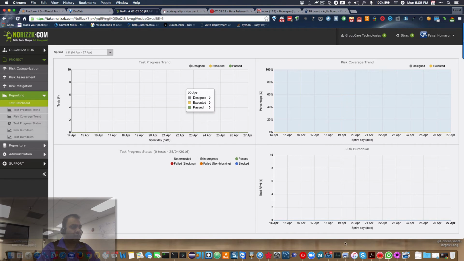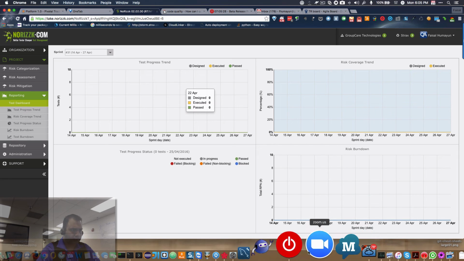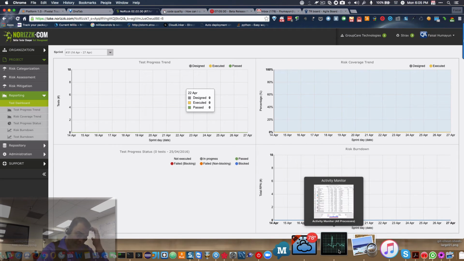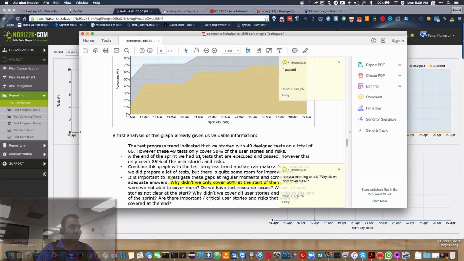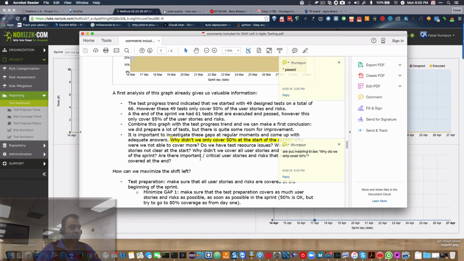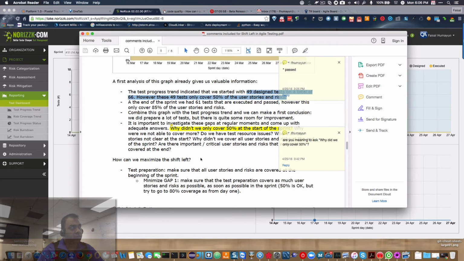Being able to provide some sort of mechanism where, as these graphs are automatically happening and getting determined, a little banner shows up and lets you know a tip of the day. Only 50% of the stories are covered so far. It's just a great guiding tip or mentor or counseling field. I think that would personalize NoRizzk in a way that no other tool can or has, and it would